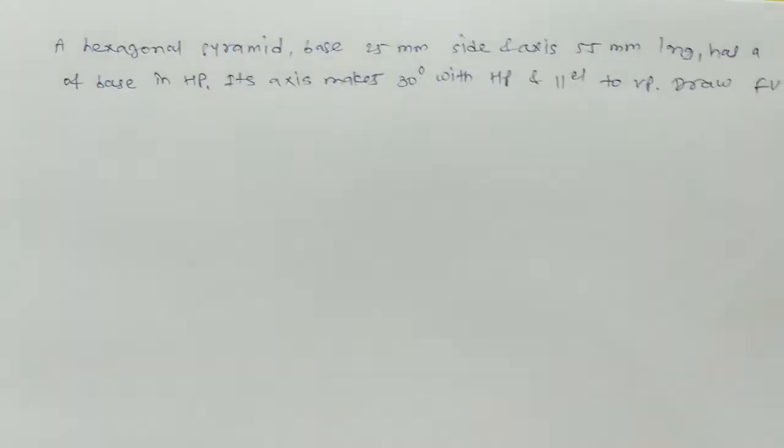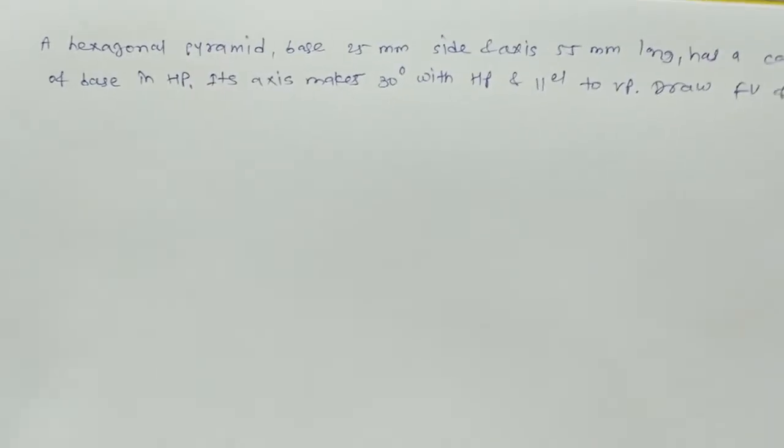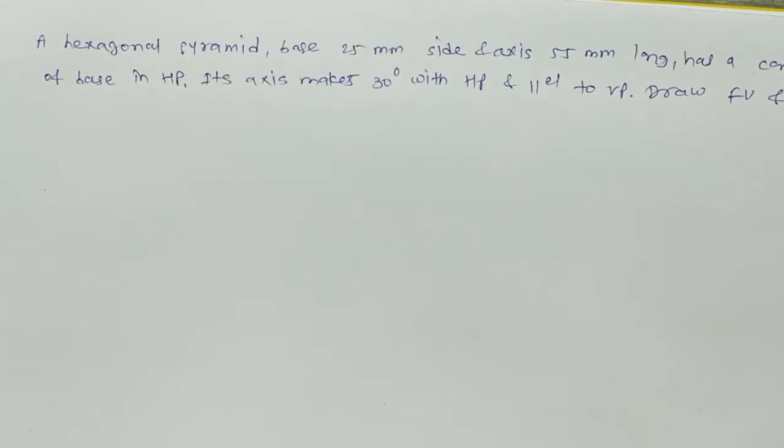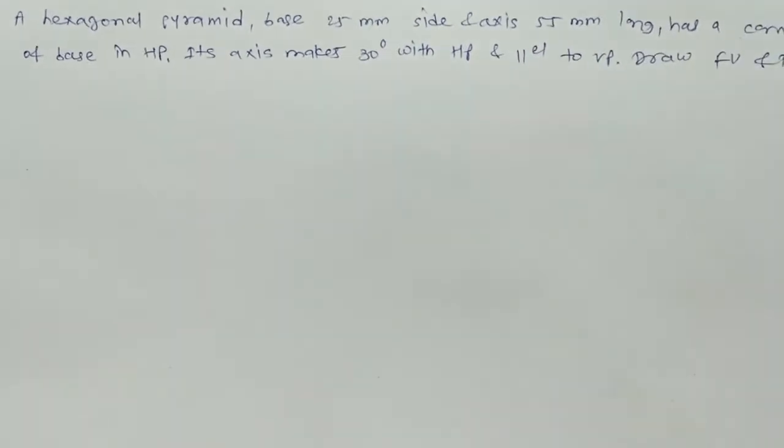Hello students, in this video we will see a problem on pyramid. A hexagonal pyramid, base 25 mm side and axis 55 mm long, has a corner of base in HP. Its axis makes angle 30 degree with HP and parallel to VP. Draw front view and top view. So it is given that